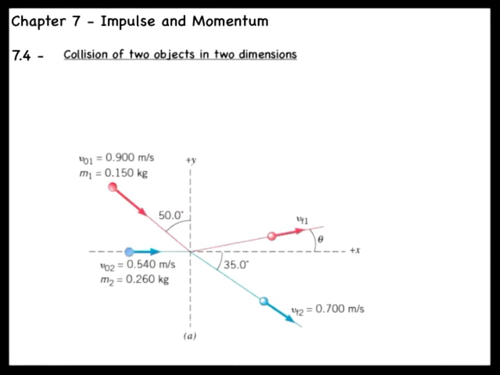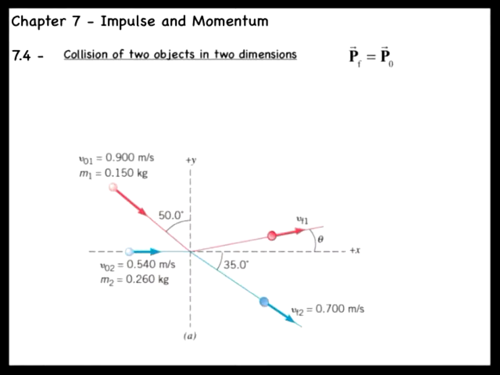The weight of each object is balanced by the normal force from the surface, so that the net external force on the objects is zero, and the total linear momentum must be conserved. The figure shows an overhead view of the velocities of the two objects both before and after the collision. And we know that the total momentum right before the collision must be equal to the total momentum right after